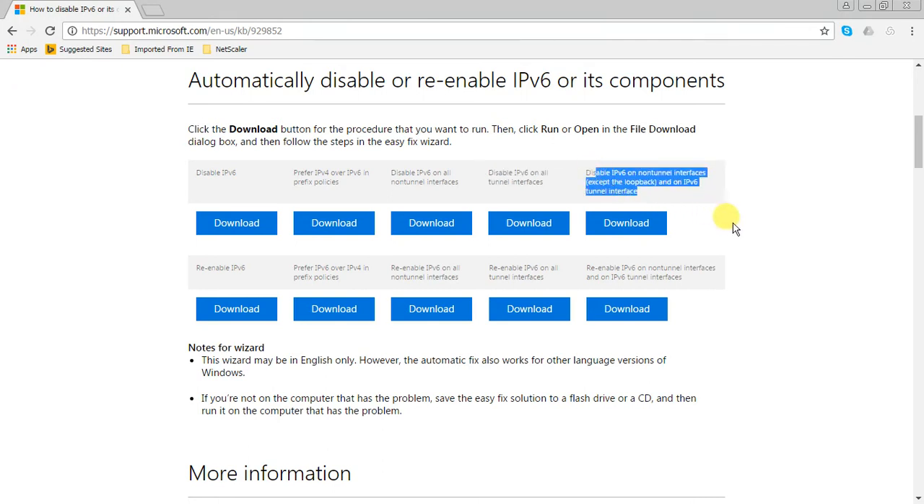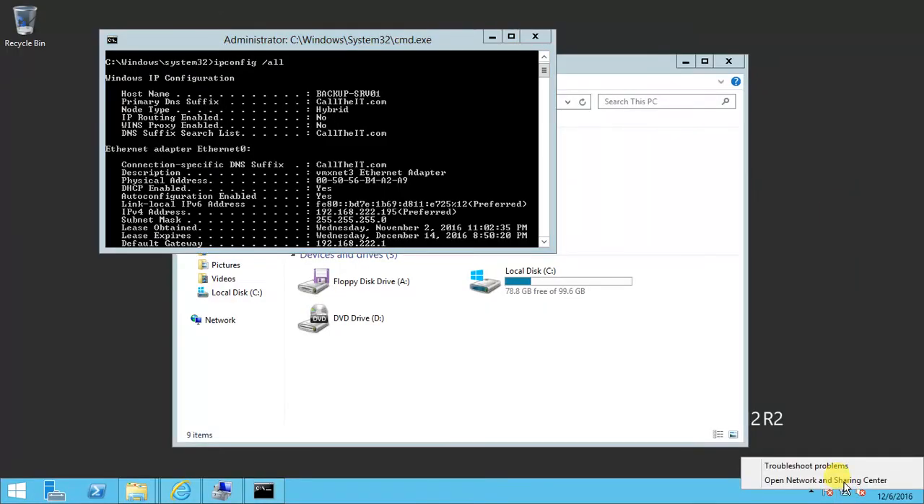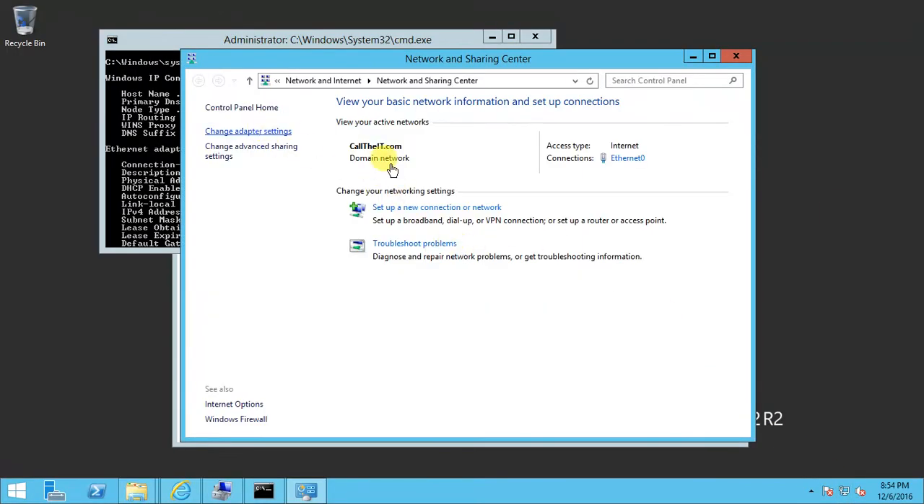So these are different configurations. They're only valid if you're really using IPv6 in your environment. If you're not, in my opinion, just disable it. Because by unchecking it, for example, if you just uncheck it from here,